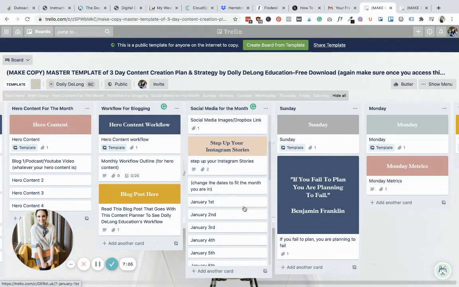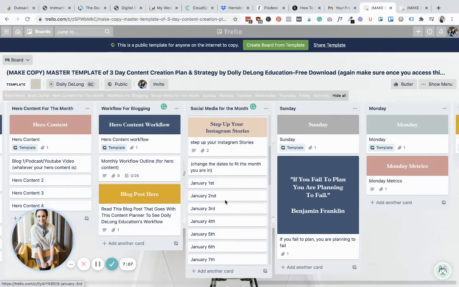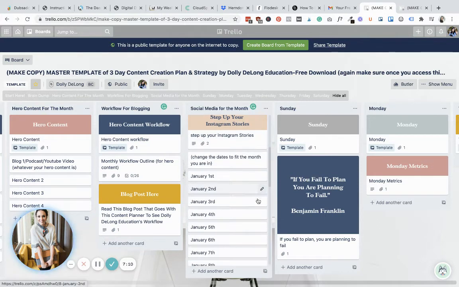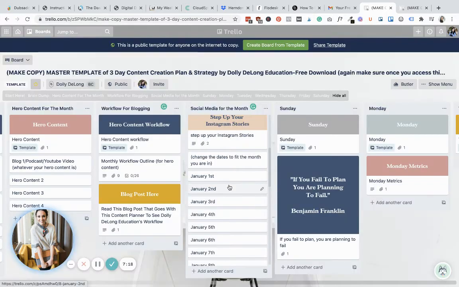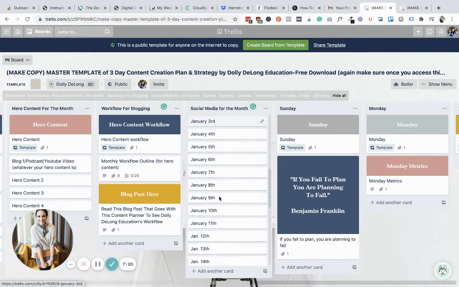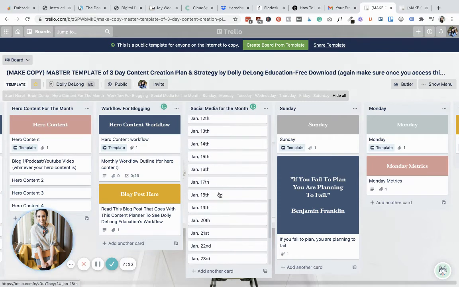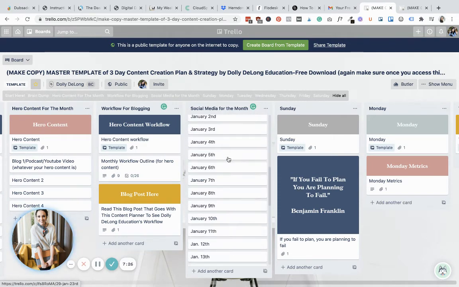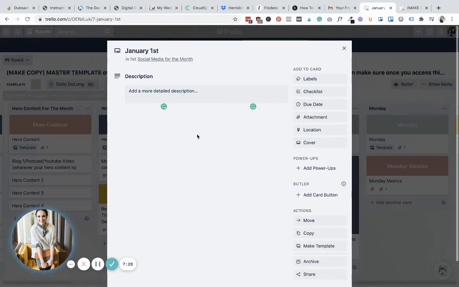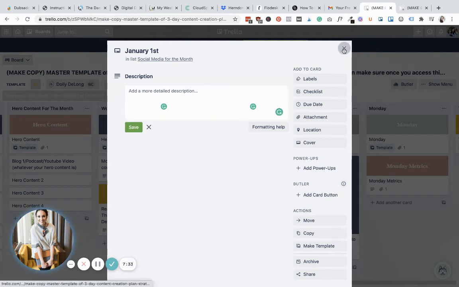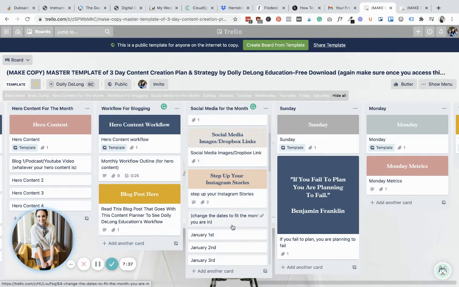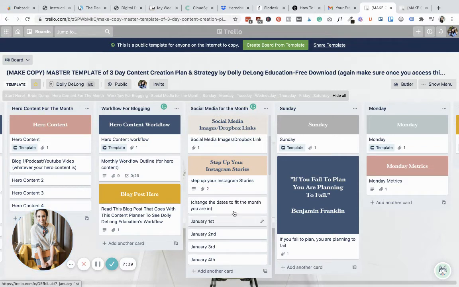And then, of course, I created this whole column template back in January, so you can change it to fit the month you are in. And I like writing out every day of the month. So for January, it was January 1st through the 31st. And then within the cards, I wrote out ideas of what I was going to post for that day for stories. Again, they weren't captions. It was just story ideas